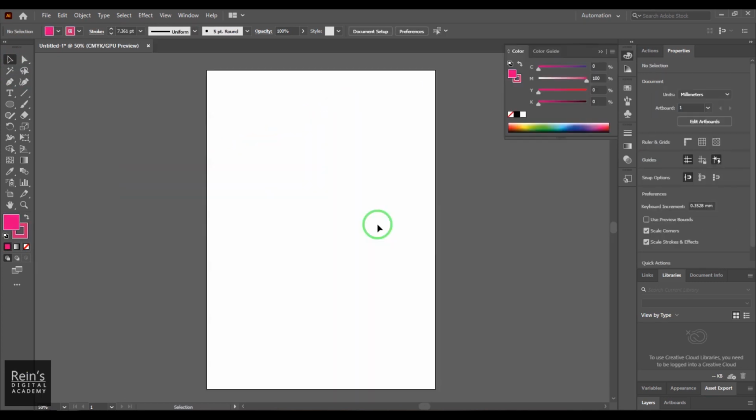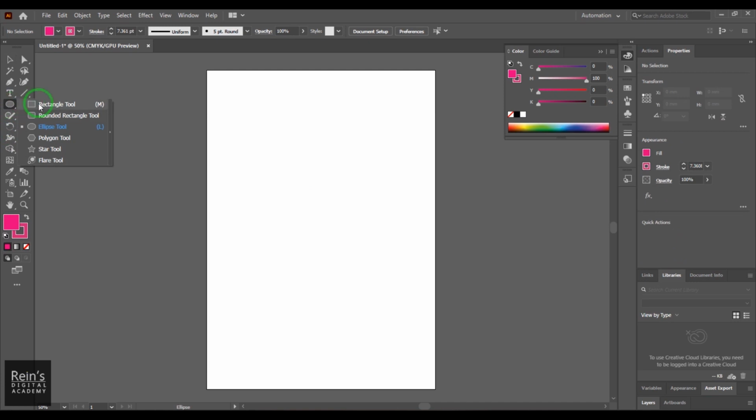In this video, let's have a look at the draw tools in Illustrator. Draw tools are basically used to create basic primitive shapes. So we have a set of tools here, which is rectangle tool, rounded rectangle, ellipse tool, polygon tool, star tool and flare tool. If I just go here into this rectangle tool and just start drawing something, you